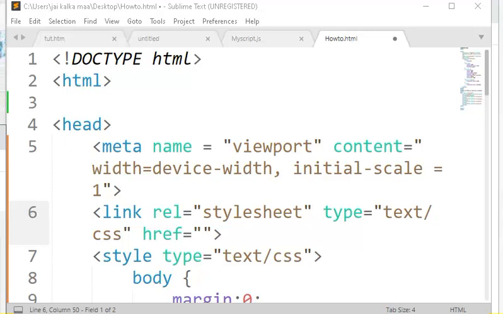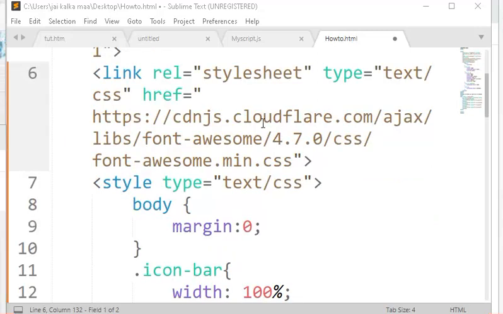I'll give you the link of this CSS file, so you can just copy it. There is a website, Cloudflare, where you can find various CSS files, so you can use those CSS files to make your website more designable or more stylish.